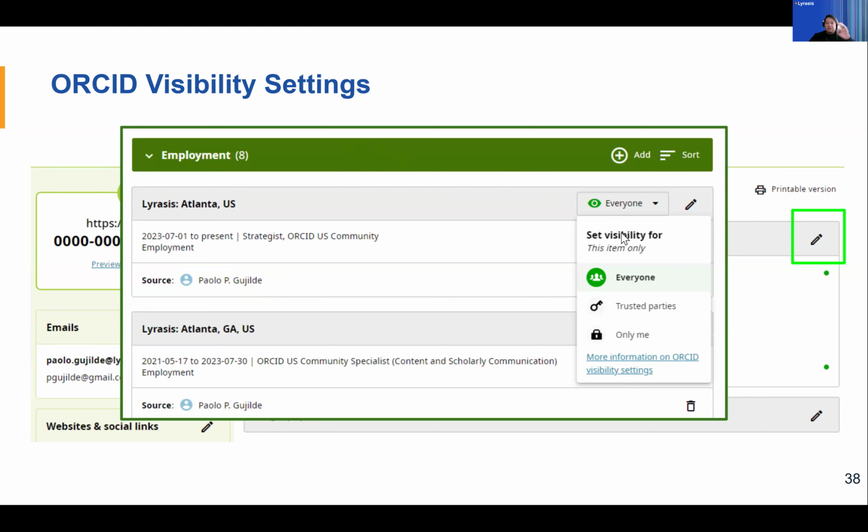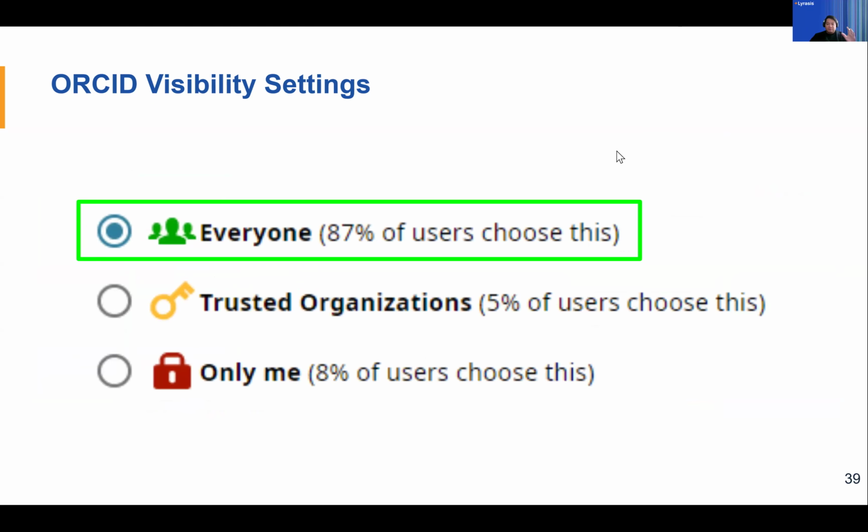If I change it to only me, that particular entry is not going to be available publicly at all. We've talked a little about the different types of visibility settings, but almost 90% of ORCID users have their ORCID record set to public, so it's available for everyone to see.